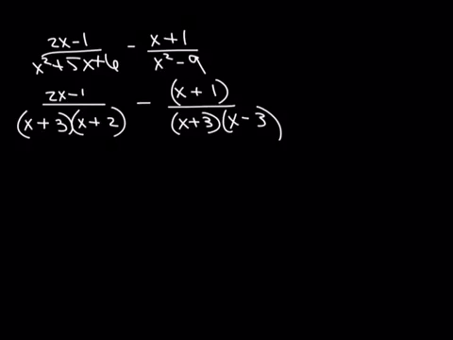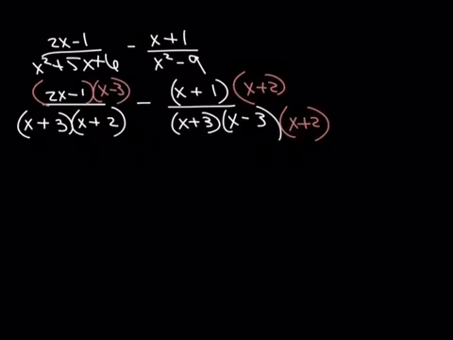Alright, now we're going to look and see if we can get a common denominator. x plus 3, x plus 3. x plus 2, don't have one. Now we do. Let's see, so x plus 3, x plus 2, x minus 3 here, we need one over here. Sometimes it helps to give you some space. Okay, so on the top here we have 2x minus 1 times x minus 3 over